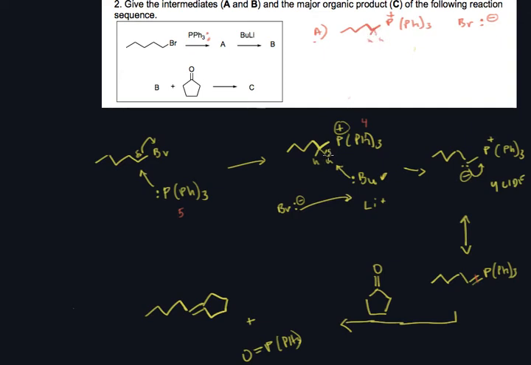And then the extra electrons are going to stay on the product A, and then subsequently in that part of the reaction, the negatively charged bromine that left is reacting with the positively charged lithium to form a salt. So in product B, you are getting this guy right here,